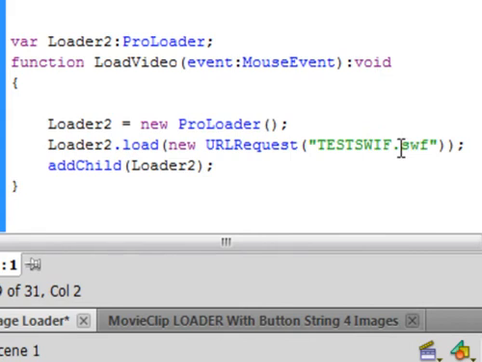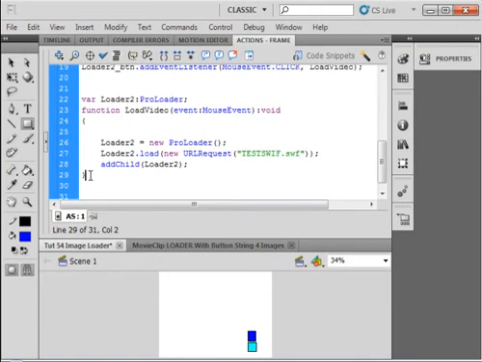Period, and tell me the kind of file it is. This is a SWF file, SWF. Close quotation, close bracket, semicolon, and again addChild, small a, capital C, open bracket, loader, capital L, 2, close bracket, semicolon, and close bracket. And if we got things right,